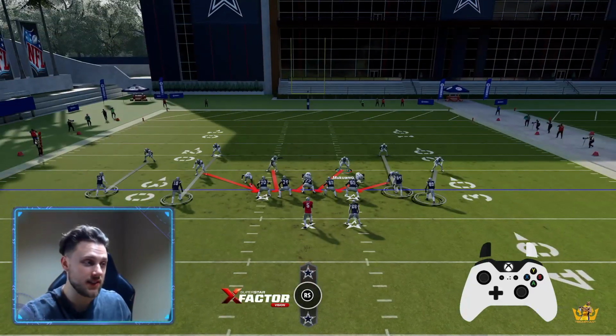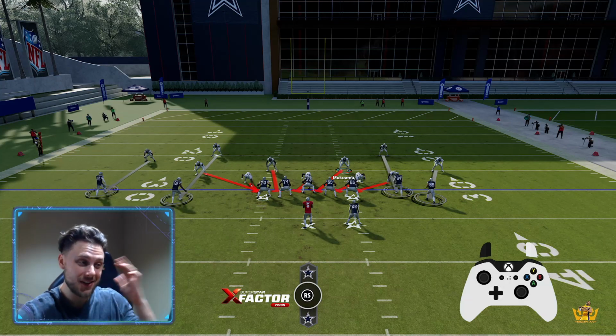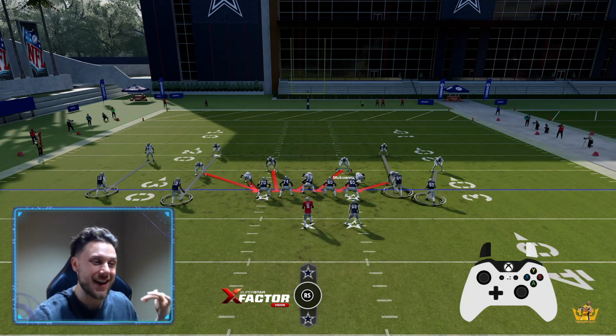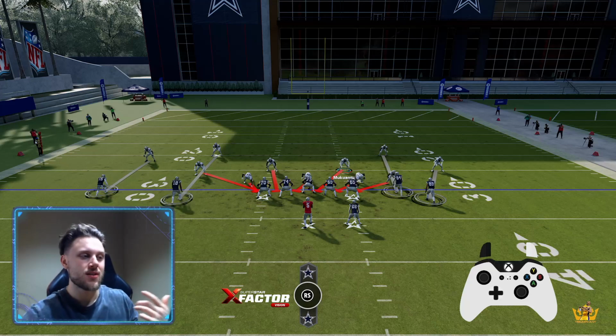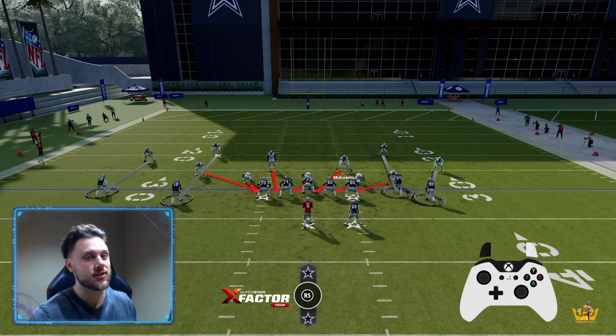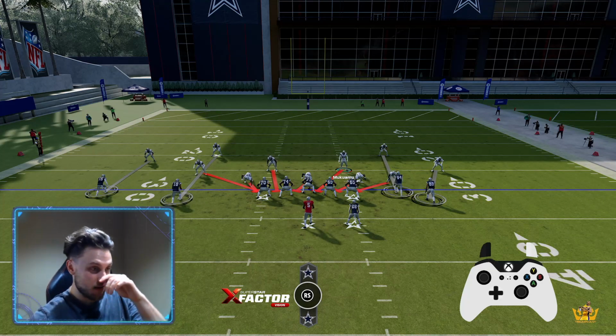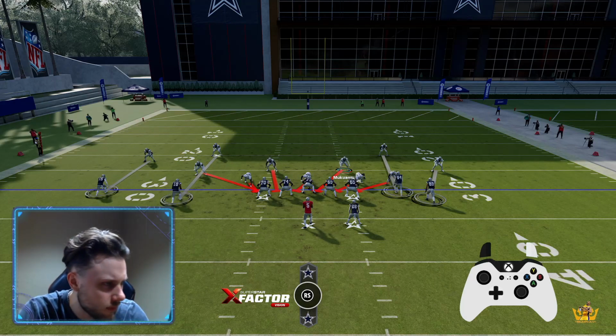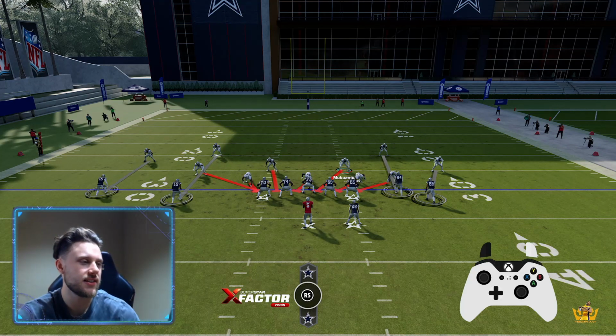If you wanted that empty D, it's not empty. So if you want that empty D, go ahead and comment down below and let me know. You want that empty D, that different setup. So if they are dotting you out of empty, I have a different setup. I'm going to leave that to another time, but go ahead and comment that down below. Out of empty. So against a set like this,